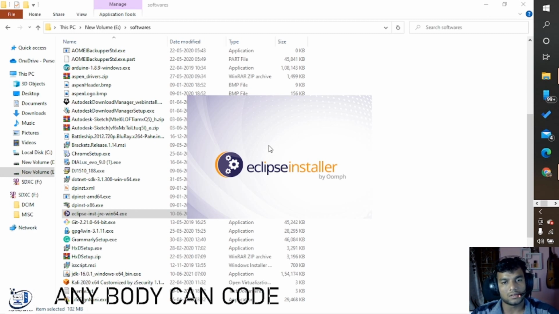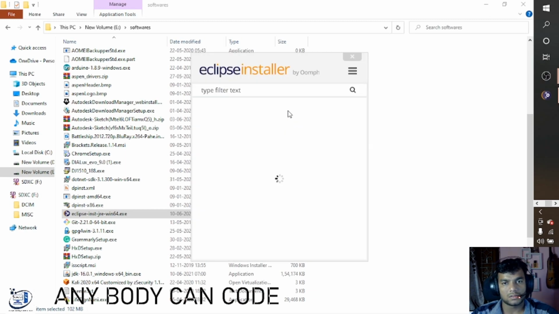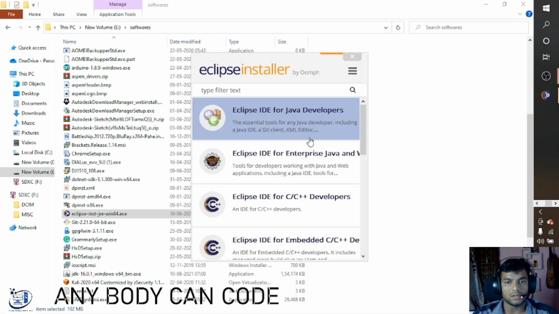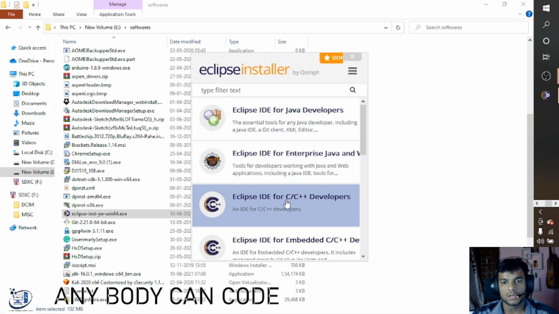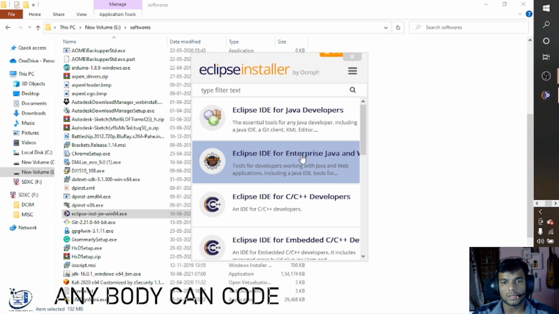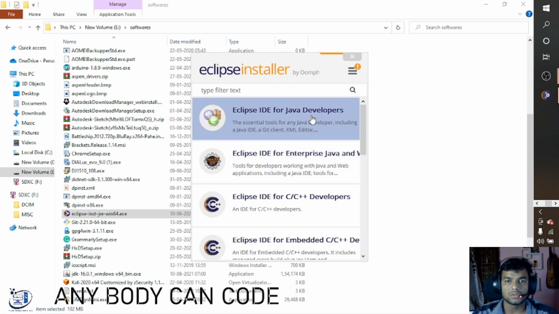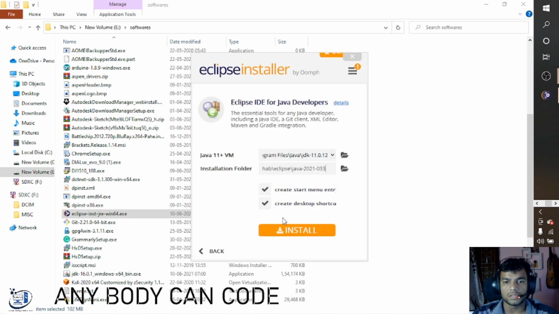If you are on a new system, for Eclipse there is no need of loading the jar file separately. We have to choose Eclipse IDE for Java Developers or Enterprise Java, but Enterprise Java is for a more advanced level, with Maven and other things. So for the basic things you can go with Eclipse IDE for Java Developers, then install this.